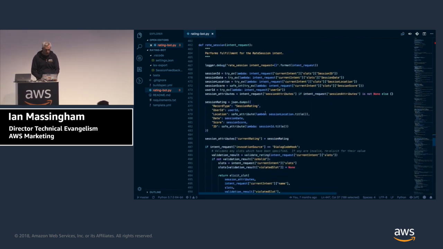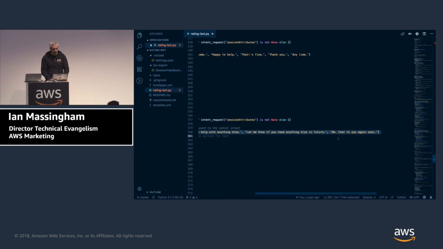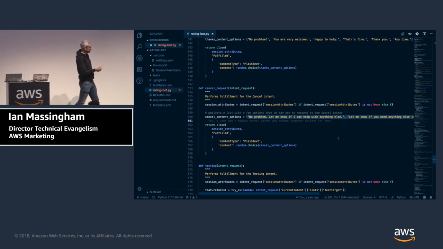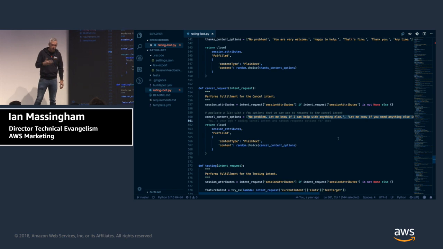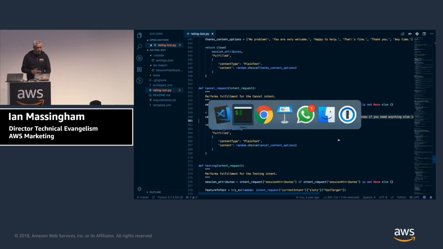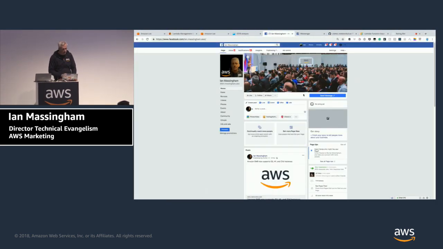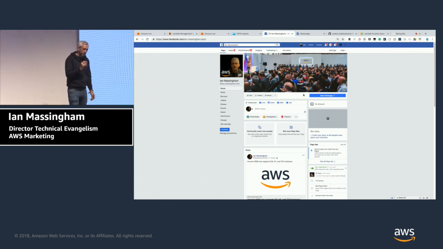On the cancel intent, which I mentioned as an example of generating responses, you'll see here that we're randomly selecting one of these options for the cancel intent, and we're returning that back to fulfill the intent with a random phrase selected from that list. Okay, so that's how you get your variation in the responses that come back if you say something like goodbye to the bot. Okay. On deployment over on Facebook, the way that you interact with this on Facebook is by integrating Amazon Lex together with the Facebook channel.